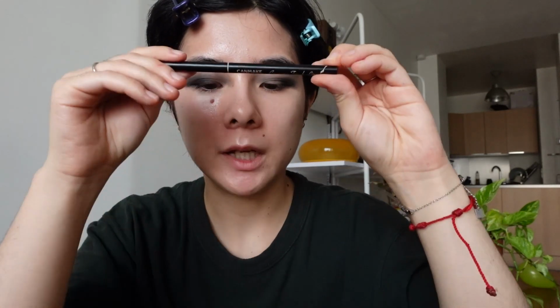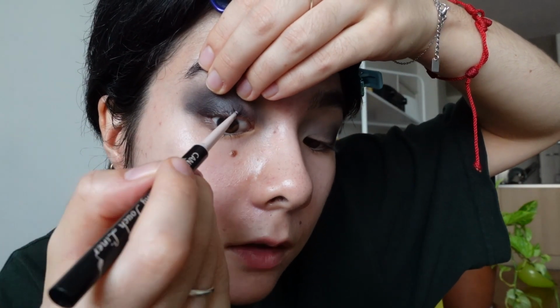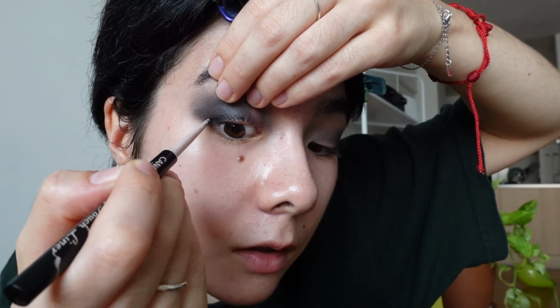So this is the Can Make Tokyo, which is a drugstore brand in Japan, and their eyeliner is very famous. It's very thin and very creamy. I mean, it's called creamy touch liner, so it makes sense. And then I'm gonna try to really just put some pigment right here,